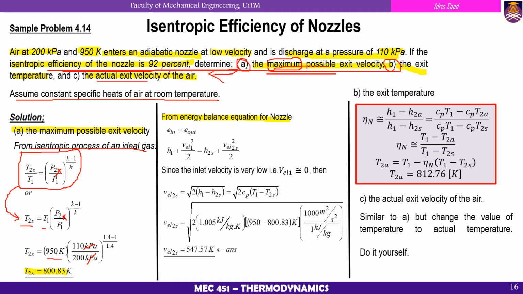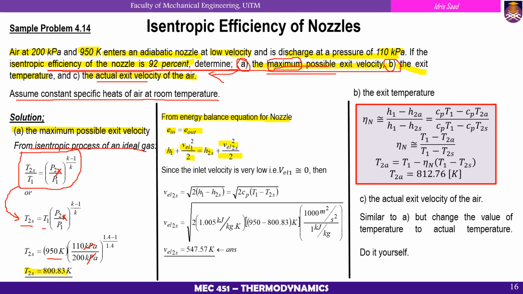In order to determine the possible exit velocity, we derive the equation from the energy balance equation for the nozzle. It starts from energy in minus energy out is equal to the change of energy of the system. Since this is an open system, the change of energy of the system is equal to 0. Therefore, energy in is equal to energy out. So for the typical nozzle, H1 plus velocity 1 power of 2 divided by 2000, which is just a unit conversion, is equal to H2S plus velocity 2S power of 2